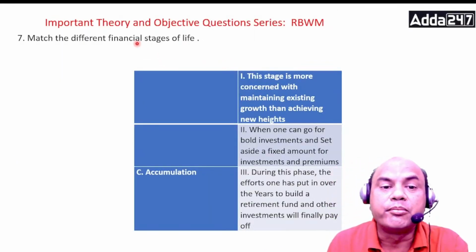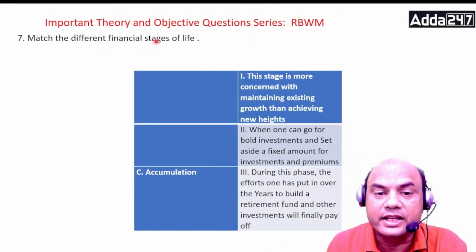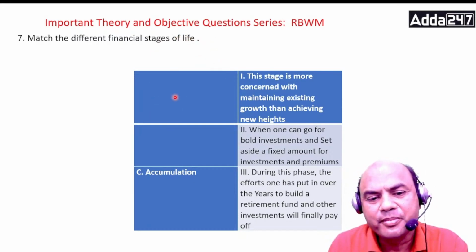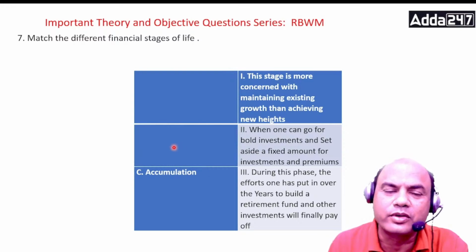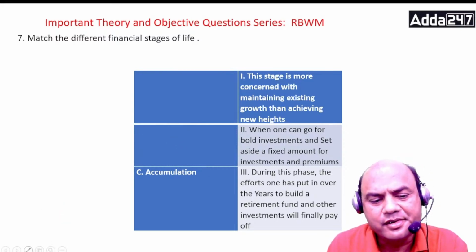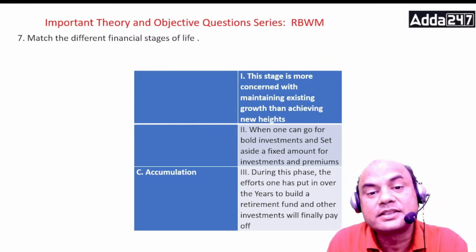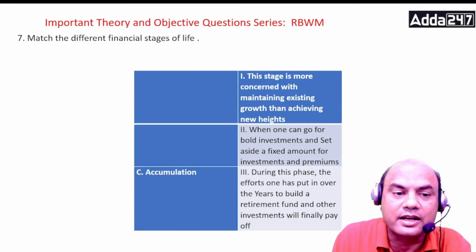Next one, match the different financial stages in life. What are the life stages? Accumulation is given over here. What are the 3 stages? Mainly 3. There are 4 also, but mainly 3. Accumulation is there. Then second is transition. I'll write it over here. Accumulation,